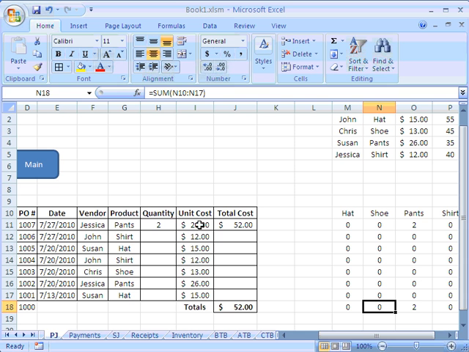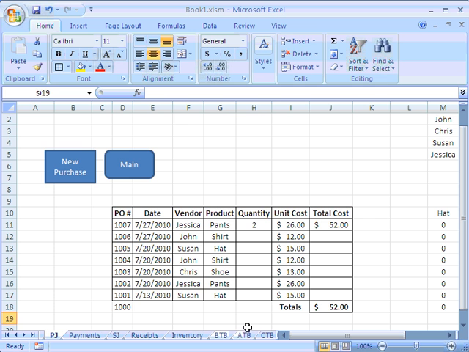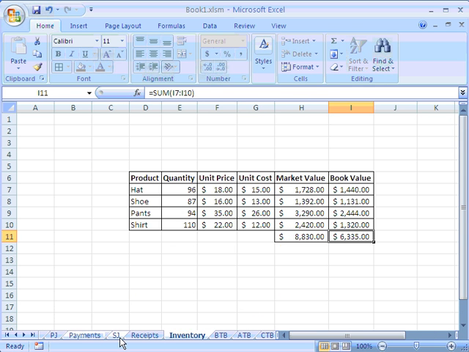I only have one transaction. I bought pants. I bought two of them. I got pants over here too. Okay, that's good. I got my sum down here. I can check that. It's working. Yeah, I got my two down there. Okay, that's good. And then I can look at my inventory page, and I should first go to my sales